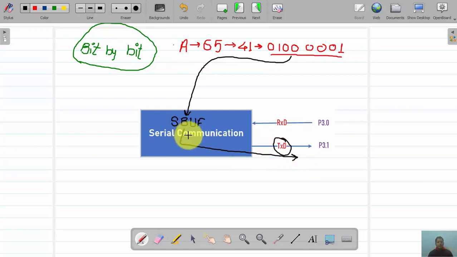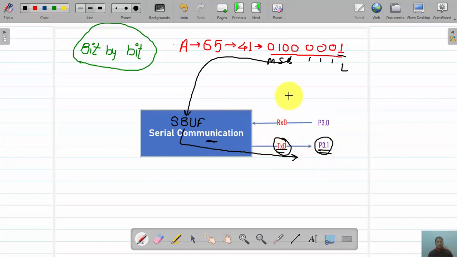In case of the 8051 microcontroller, when we utilize serial communication, the data is transmitted serially. First the LSB bit is transferred, then the next, that is the D1 bit, D2, D3, and in this way the MSB bit is transmitted last. Some framing concepts are also there, which we will discuss later. This transmission is done on the TXD pin, which is nothing but P3.1. So the P3.1 pin is used for serial data transmission.